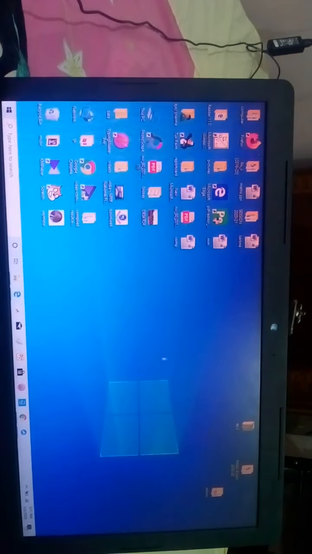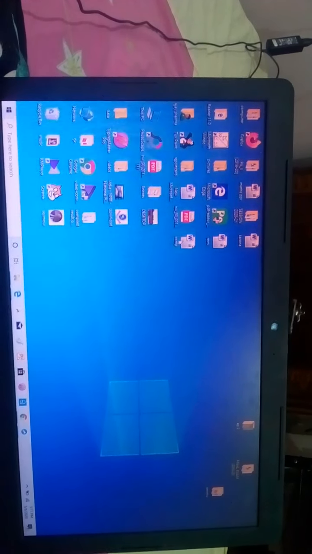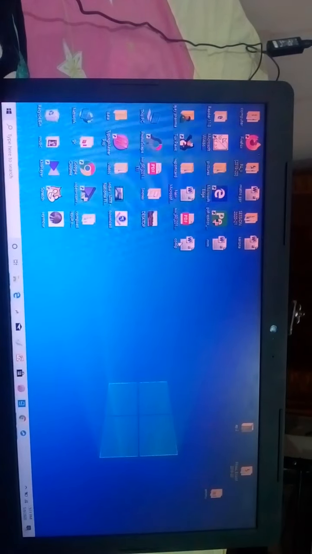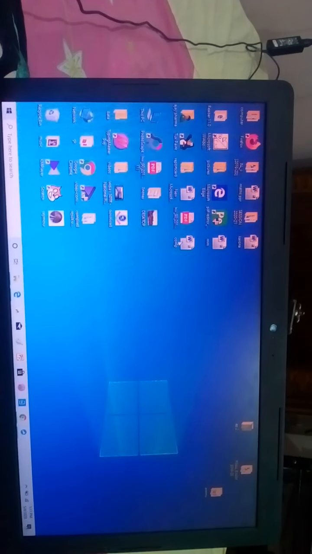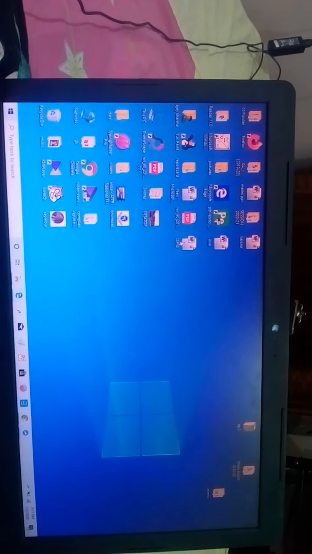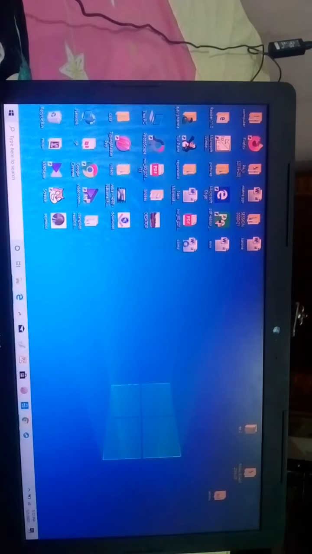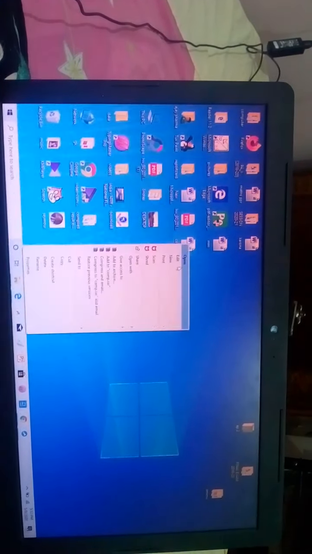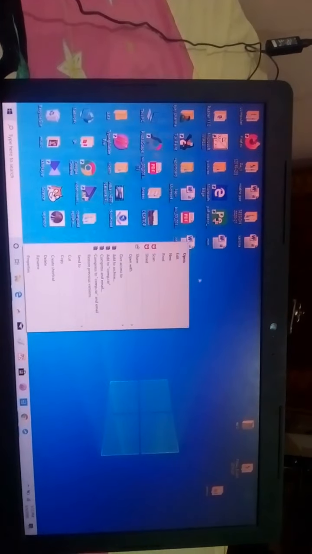Now your document name, Document1, is changed to the file name that is given by you. So close it. As you can see, your file is here. To open the file, you will need to double click on it, or you can right click on this file and open it by choosing the open option.